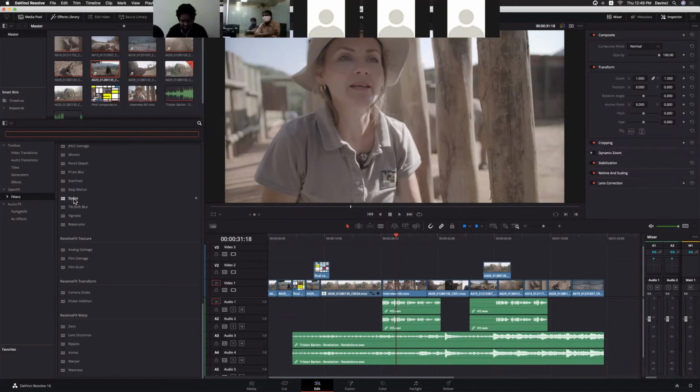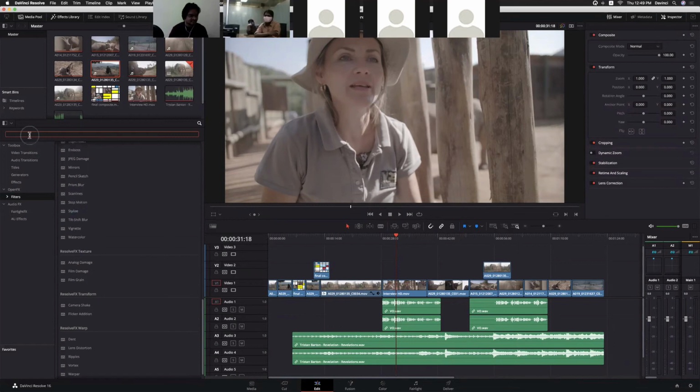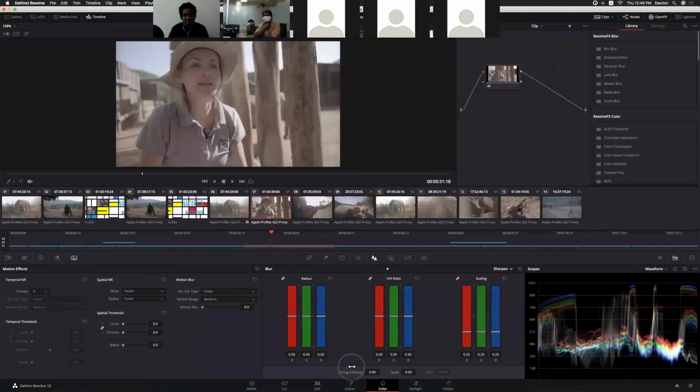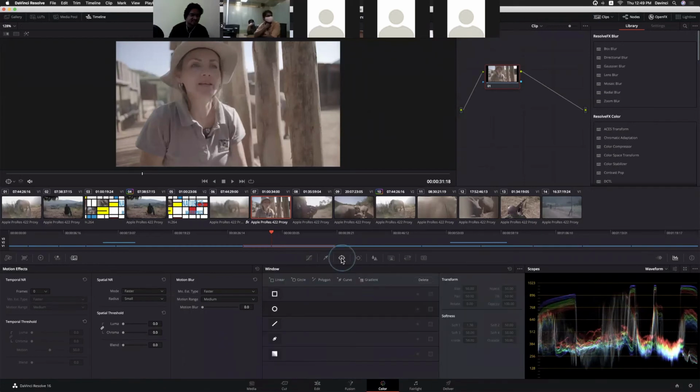No, that is a vignette he's asking for. Vignette, we can do it with a color mask. Yeah, okay, vignette mask. So the vignette mask is available inside the color page. That's a simple thing. Let me check. Yeah, we don't have any vignette mask here. As you said, you can use the power window as a vignette mask.